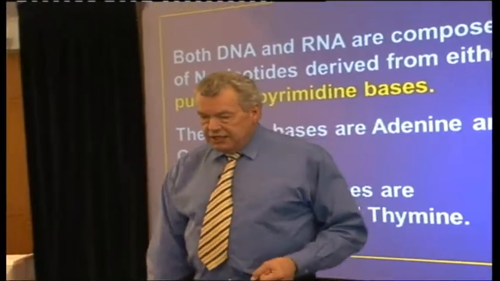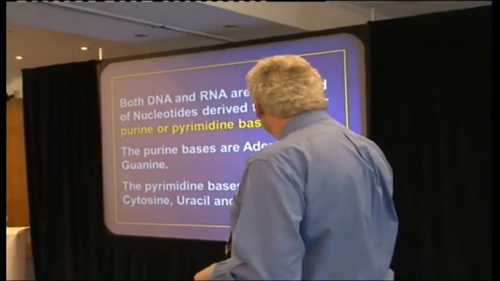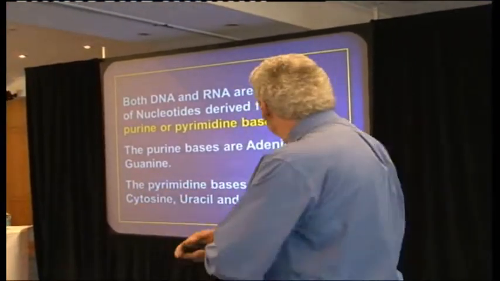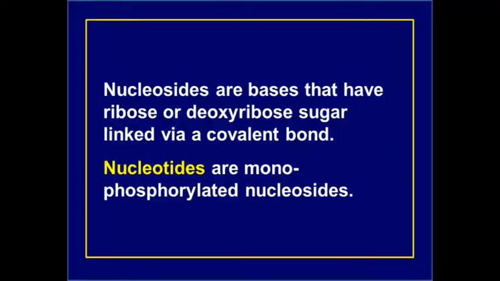That's the dream ticket. Okay? Now these are often abbreviated to A, G, C, U, and T. Okay? So sometimes that's how they're referred to. Nucleosides are when the base has a sugar added to it, which is either ribose for RNA or deoxyribose, which is deoxyribonucleic acid for DNA. Nucleotides are when there's a phosphate, a monophosphate, added. So there we've got